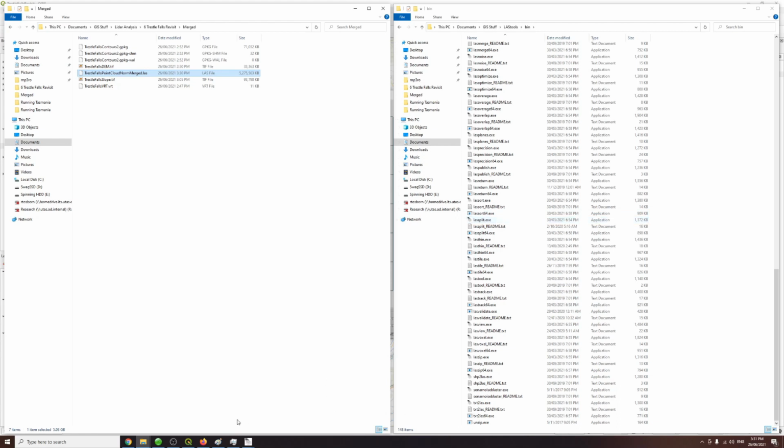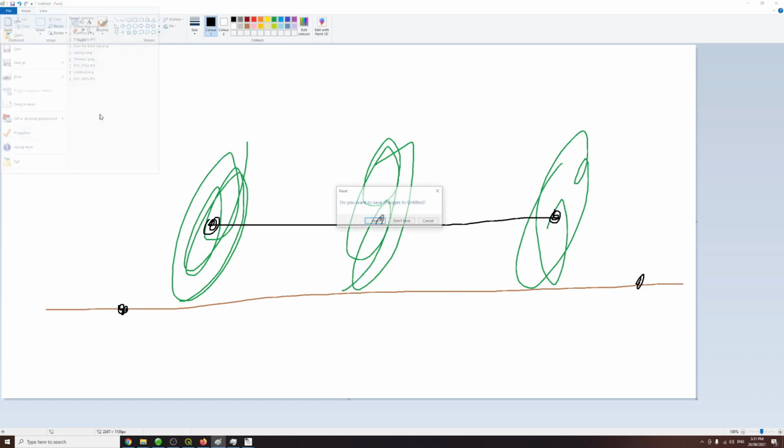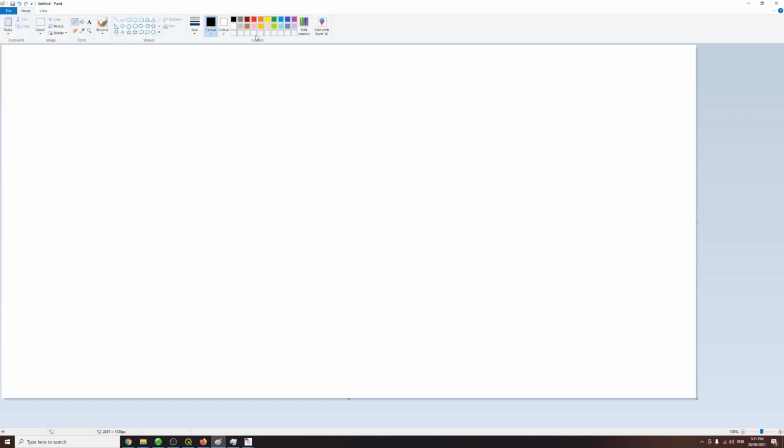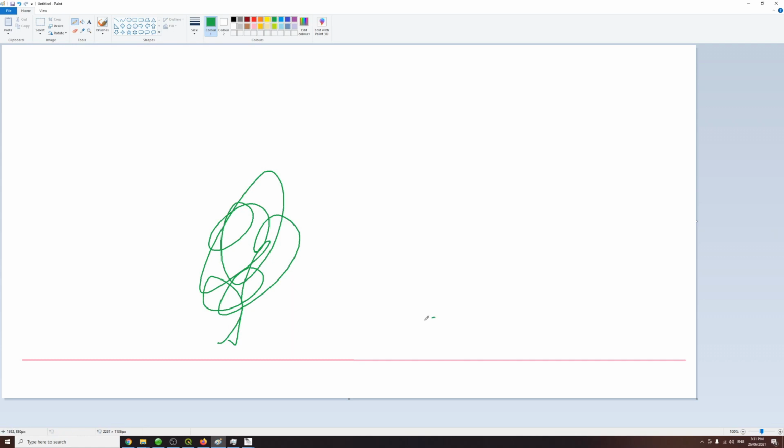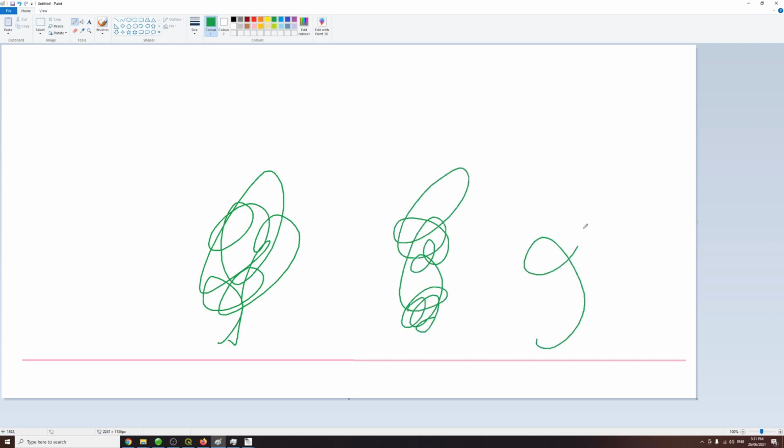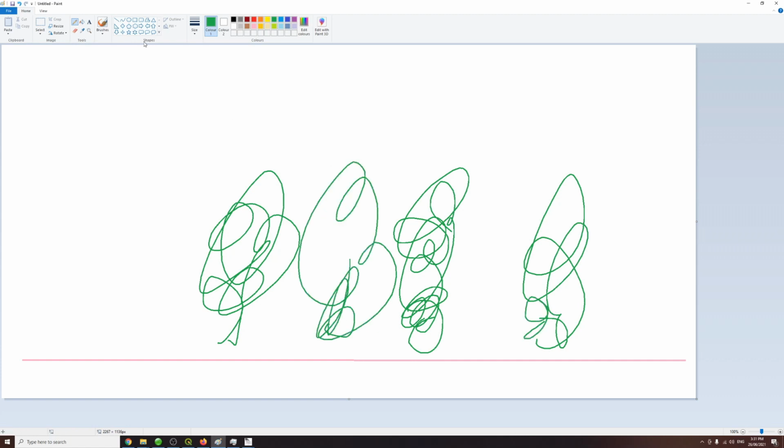Now we're going to jump back into Paint and try and understand why on earth we are doing what we're about to do. What we're about to do is look at densities of different vertical strata within the LAS point cloud. Now I'm going to draw our little, how do you do this? Paint. Going to draw our vegetation on our slope here on the ground. Now what we want to do is figure out what the undergrowth density is. Let me just color in our ground here. And what we're going to do in order to figure out the density is